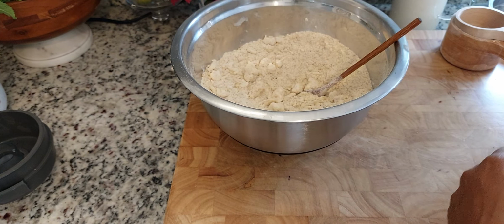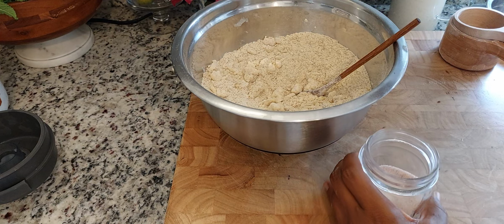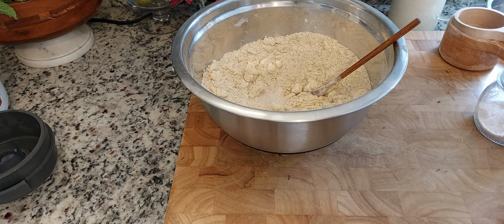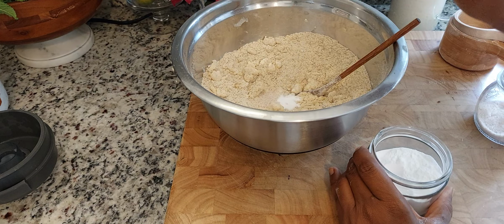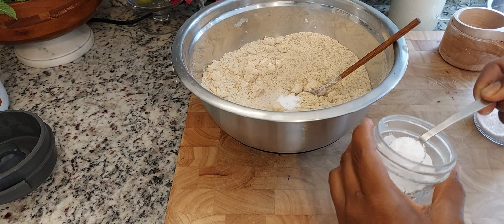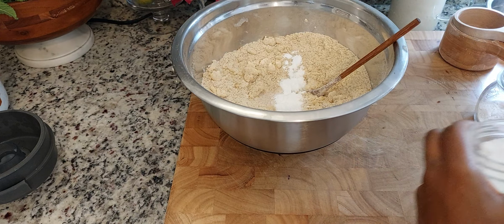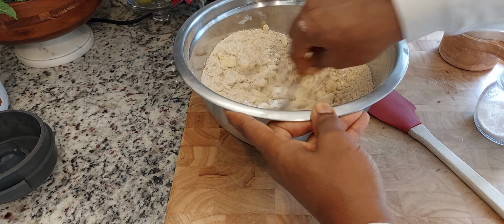All right, so now I'm gonna add a teaspoon of salt, and you want to pay attention to whether your butter was salted or unsalted. My butter was unsalted, so I'm adding in a teaspoon of salt, a half a teaspoon of baking soda, and you can omit the baking soda if you want to, and 2 teaspoons of baking powder, and I'm using aluminum free baking powder. All right, you just want to combine this really well,